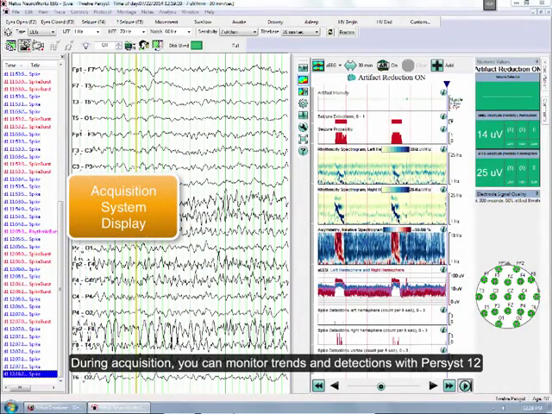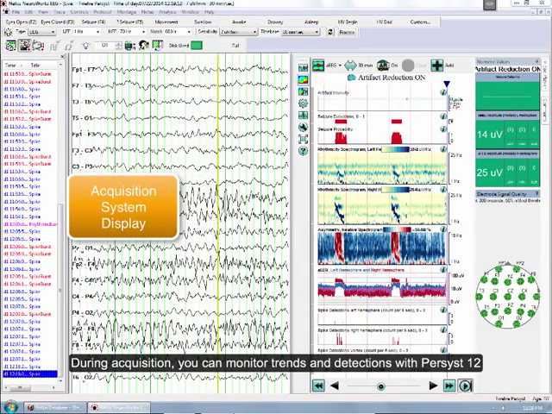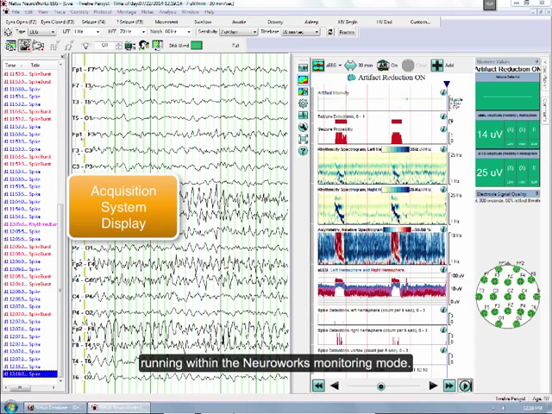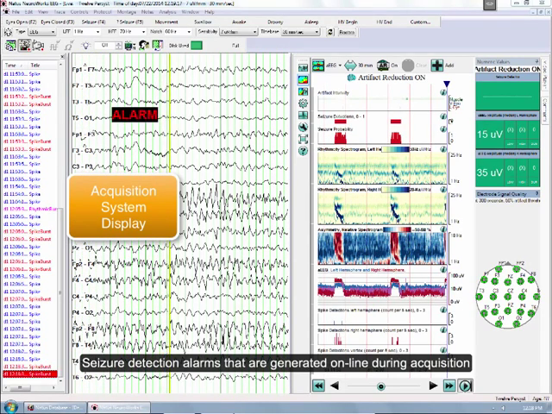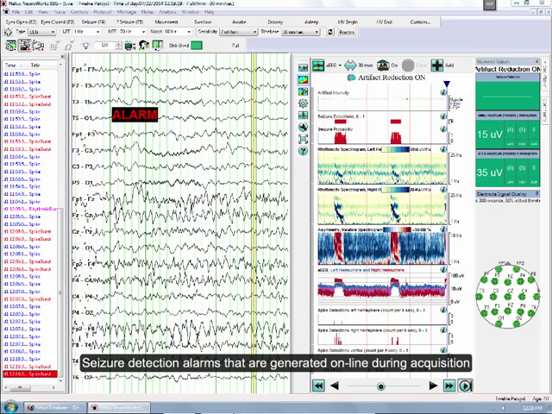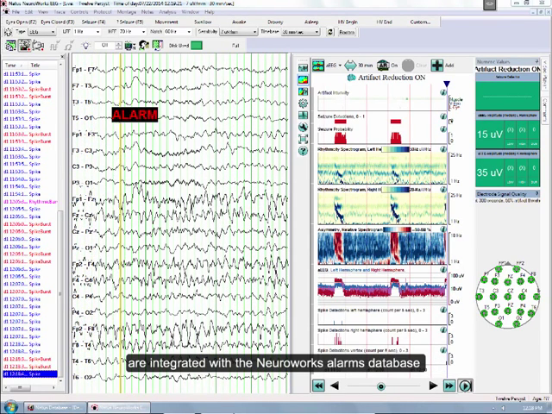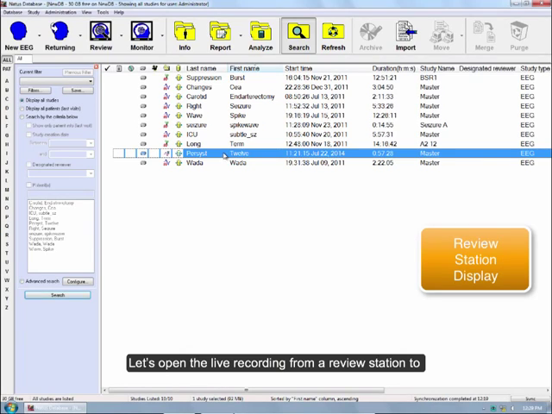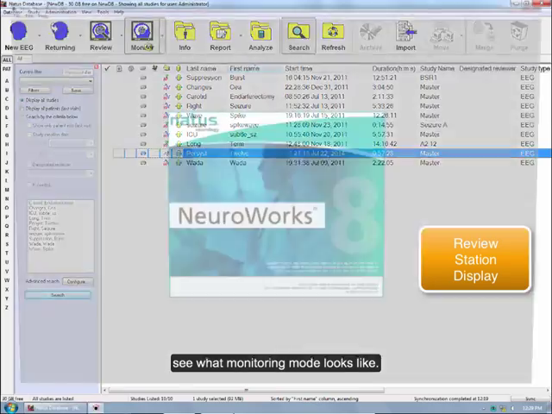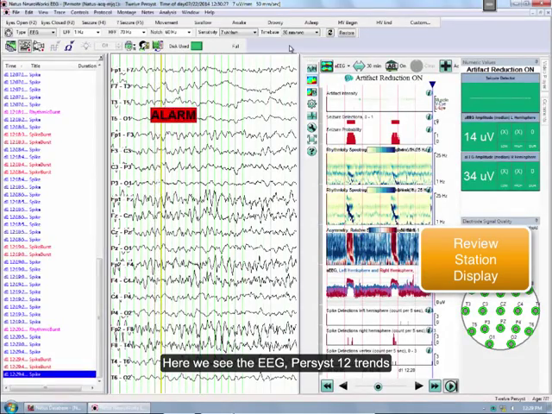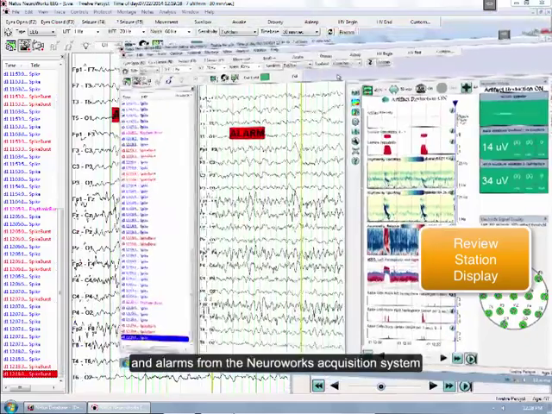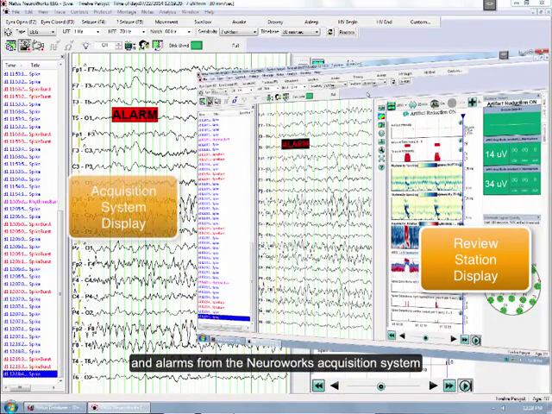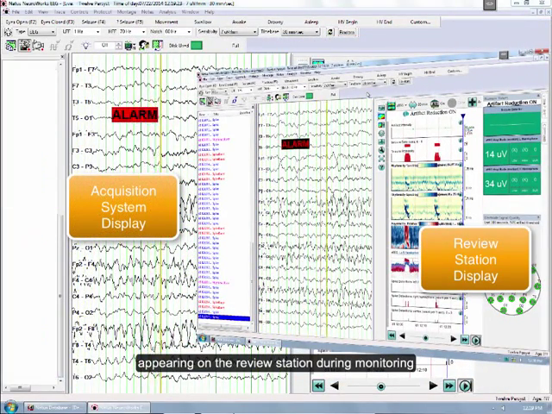During acquisition, you can monitor trends and detections with Persyst 12 running within the Neuroworks monitoring mode. Seizure detection alarms that are generated online during acquisition are integrated within the Neuroworks Alarms database and appear on the review station that is monitoring the live EEG recording. Let's open the live recording from a review station to see what monitoring mode looks like. Here we see the EEG, Persyst 12 trends, and alarms from the Neuroworks acquisition system appearing on the review station